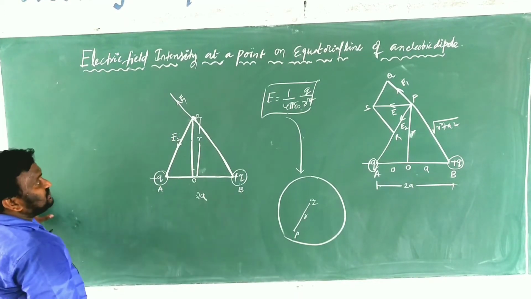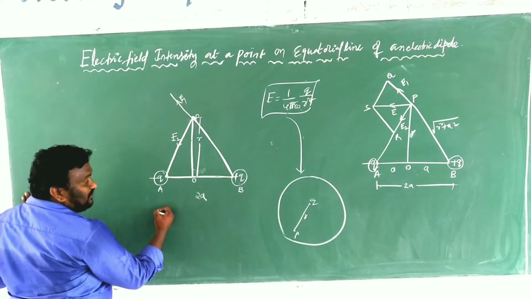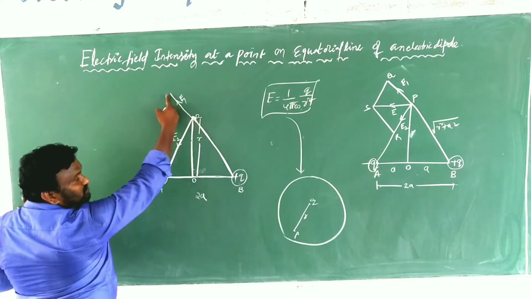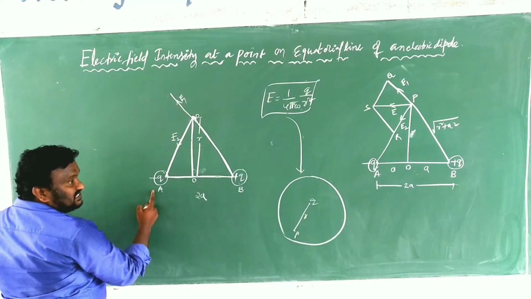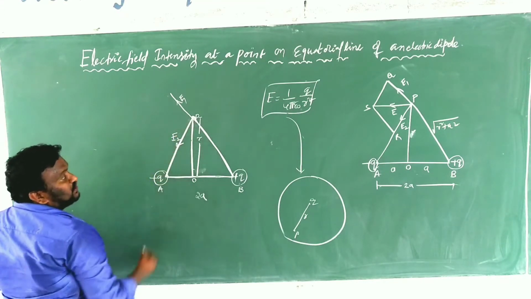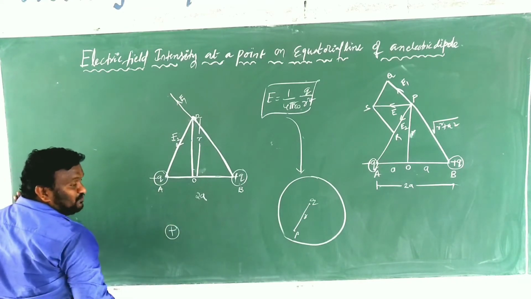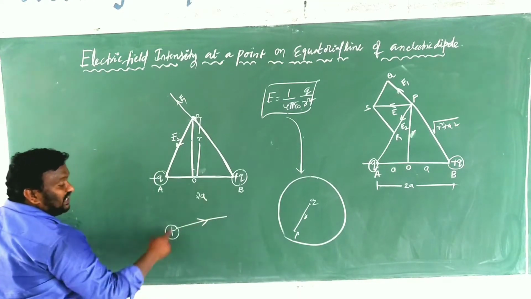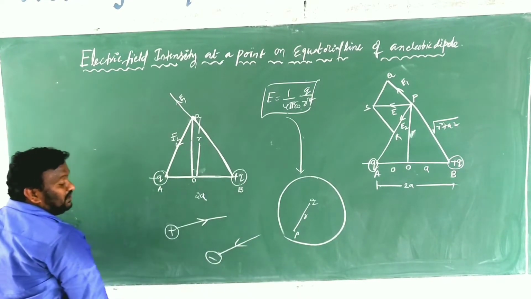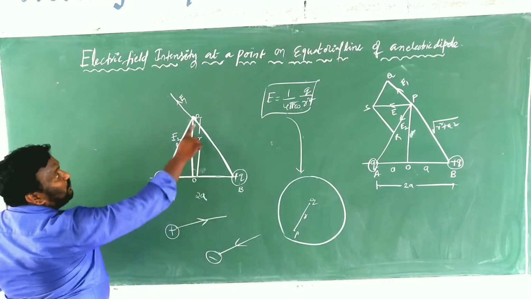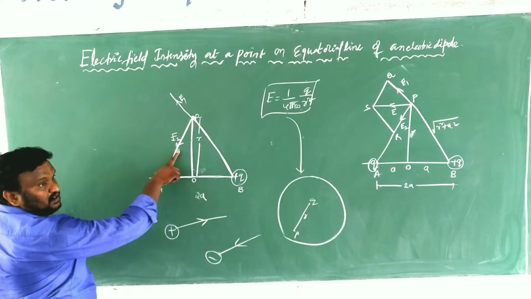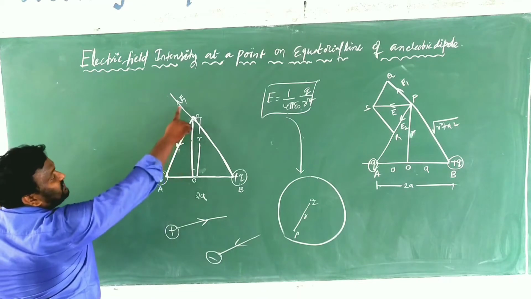Clear? So already according to the properties of electric field lines, for positive charge the electric field intensity is radially outwards, and electric field intensity because of negative charge must be shown into the negative charge, because according to the electric field line properties, the electric field moves away from the positive charge, and if you take a negative charge, the electric field must be into the charge. That's why here we are showing the directions of E1 and E2 like this. Clear?